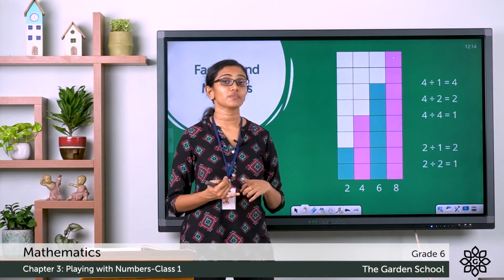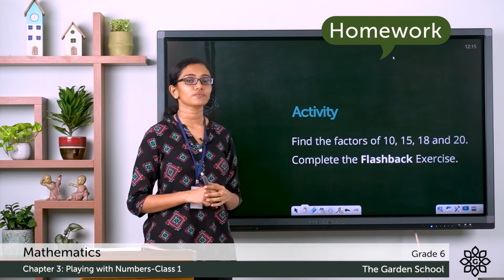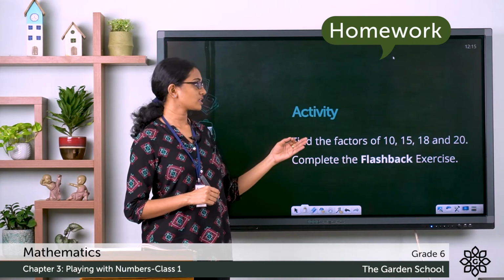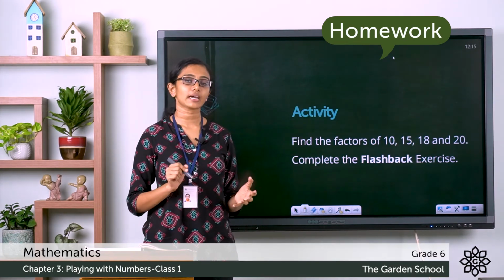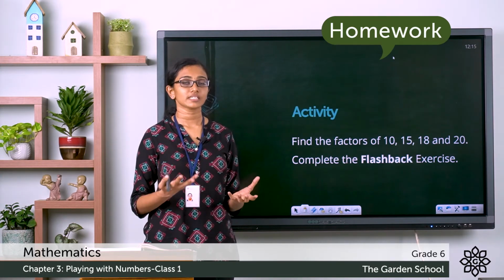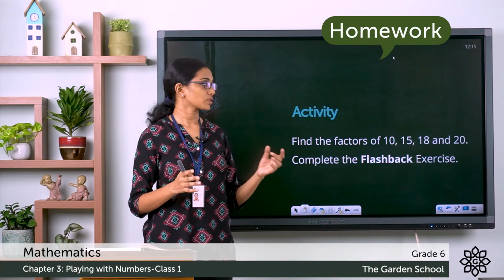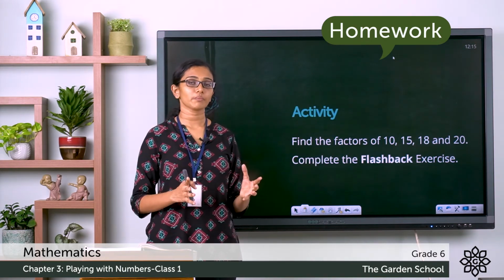So children, I hope now the concept of factors and multiples is more clear to you. You have to find out the factors of the numbers 10, 15, 18 and 20 and write them in your notebook. How do you find the factors? Just check which all combinations of numbers can be multiplied to get these numbers, and those numbers will be the